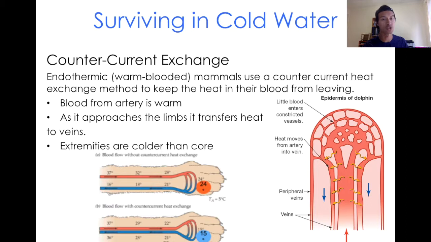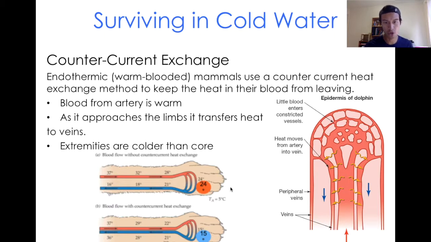Blood from the artery is often warm because it's close to the inside of your core temperature. As it approaches the limbs, it loses heat, but it loses that heat to the veins rather than through the skin. And so what you end up getting is a more stable environment closer to the core, but a much lower temperature at the extremities, for example, your hands and your feet. So